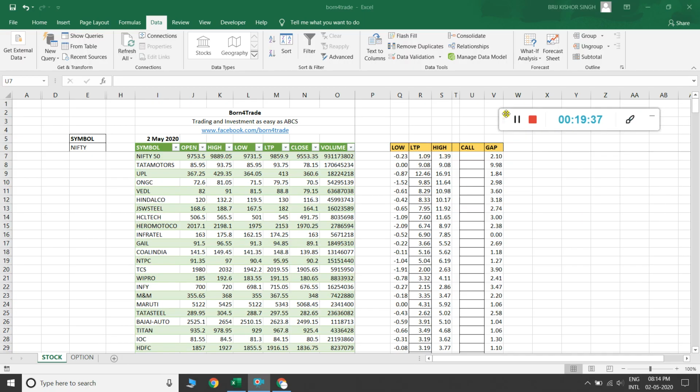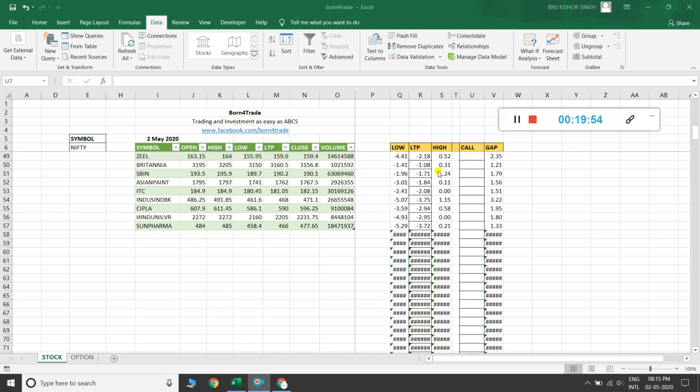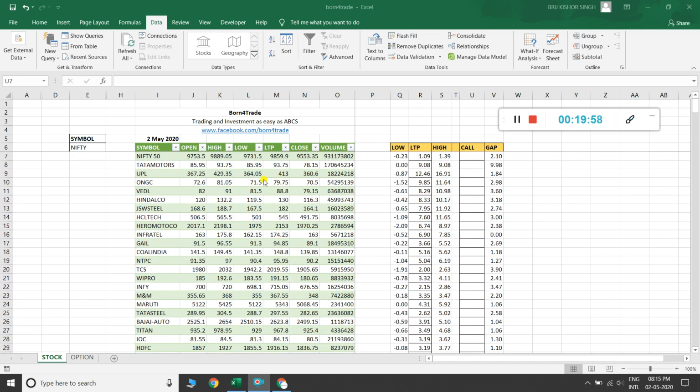Okay, I just move here, and I'm making a formula that gives you a buy, sell, buy plus, sell plus, and B or S signal, and just divides all the stocks into these six signals, and it depends upon this live data.